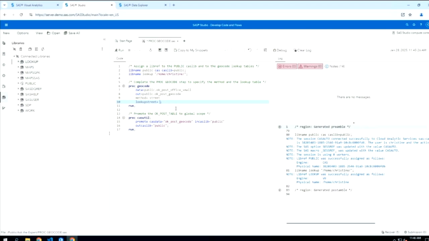And then I need to tell SAS where to find my lookup data. So those three lookup tables that aren't in the SAS help library, I need to specify where to find those. And those are going to be in this lookup library. So I'm going to say that the lookup street matching table is in the lookup USM. And I only need to specify that because they're all in the same location and they all have those matching names, USM, USP, USS. So once I've completed that geocode procedure, I'm going to highlight that and run it.